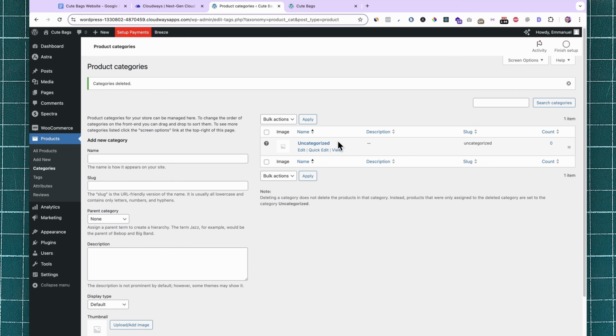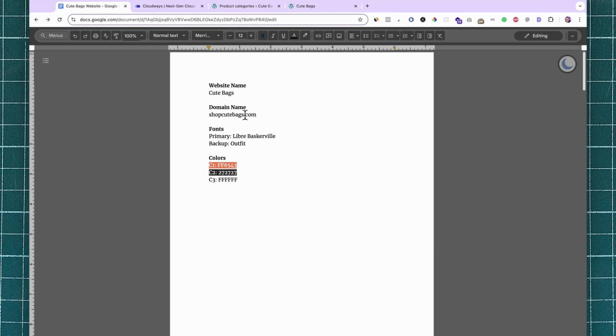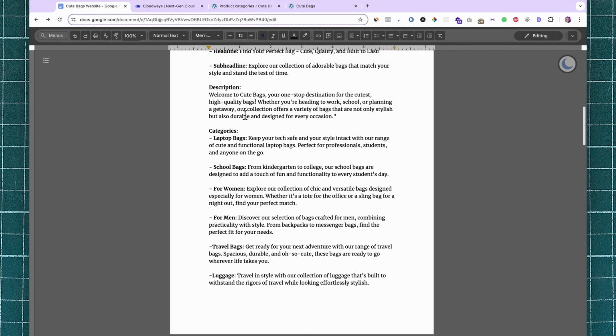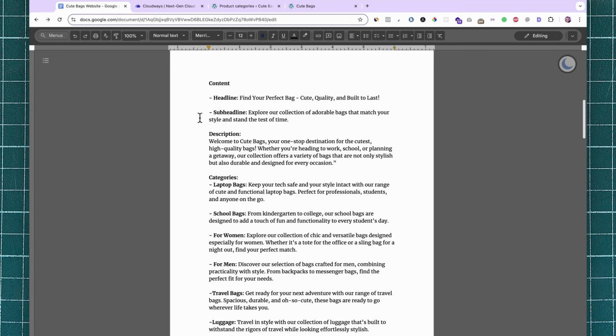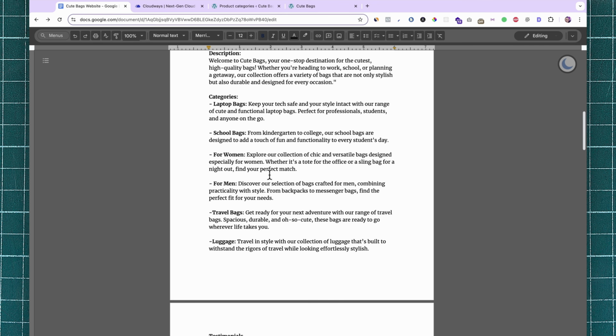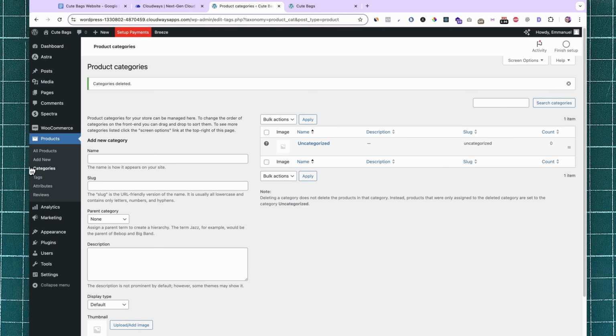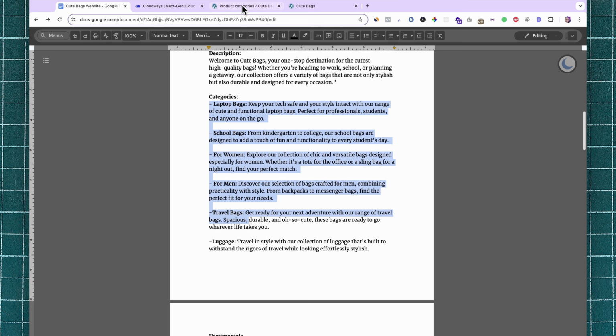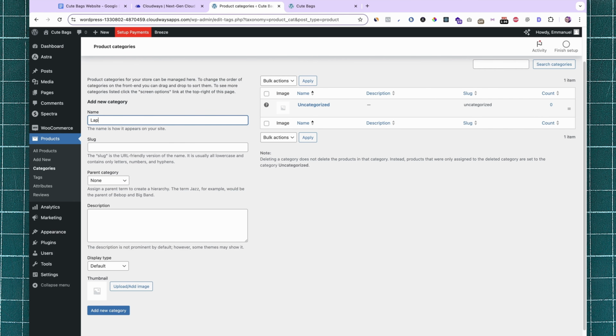First, I'm going to create the different categories that we are going to have on the store for this website. And like I mentioned earlier, you can download all the files we are using right now from the link in the description. And there you find the content for this website. And if you look here, you see the different categories that we should have. So I'll come over under categories, just add the category name. The first category is laptop bags. So I'll just put that here,